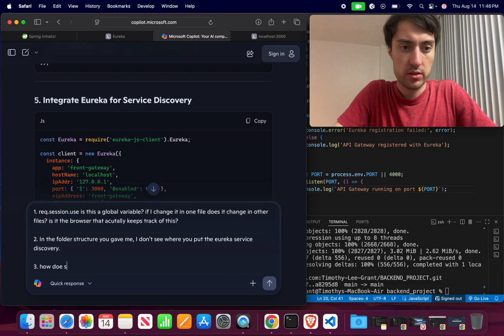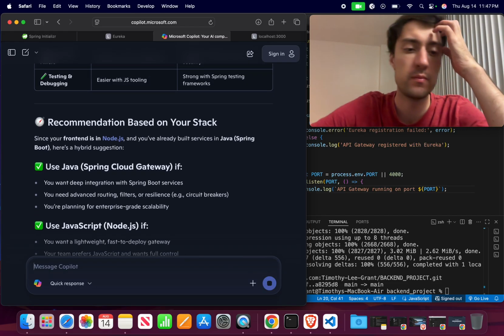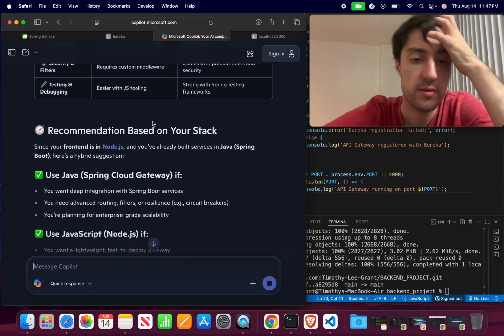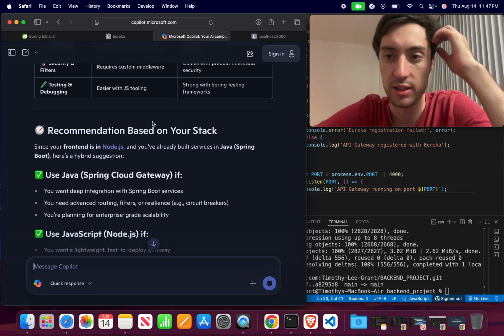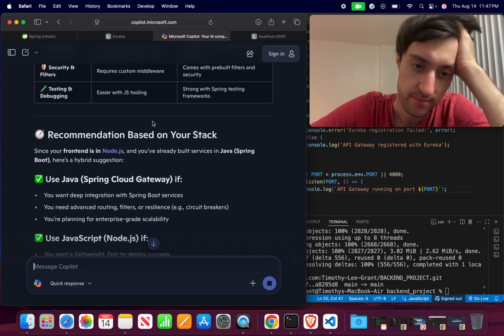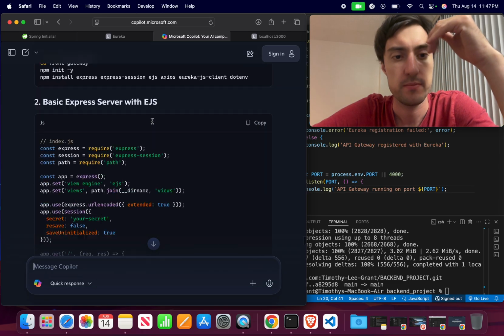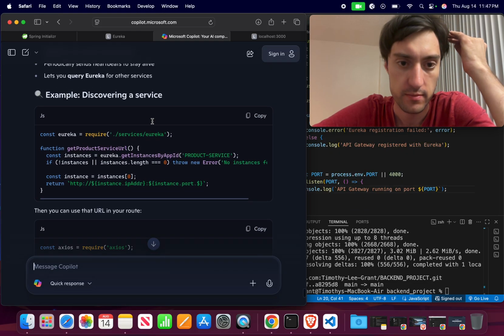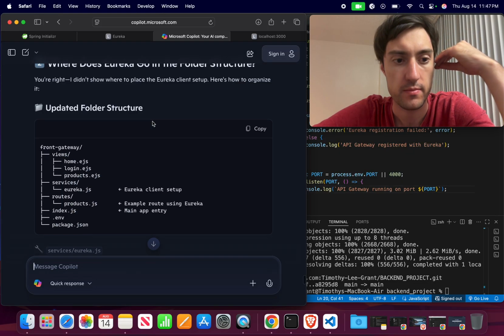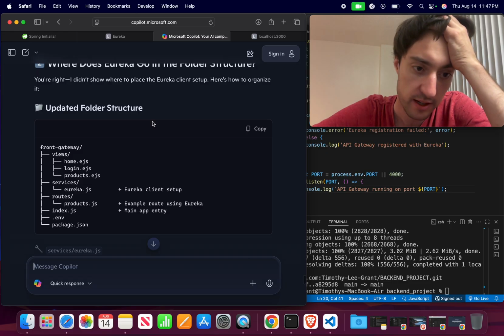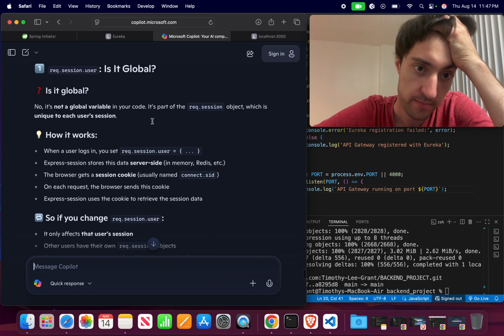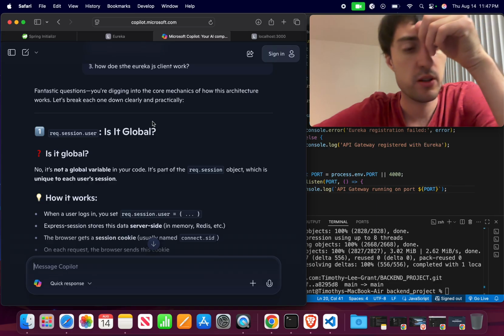How does the Eureka JS client work? Okay. Let it do its bouncing. Okay. Ah, there we go. That looks more like it. All right, so this